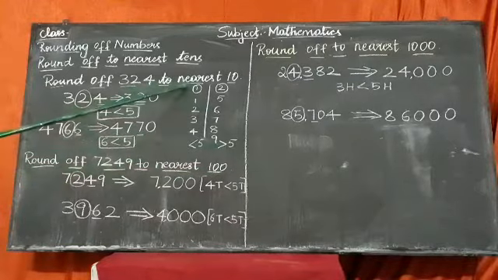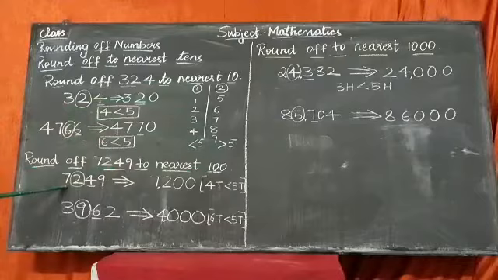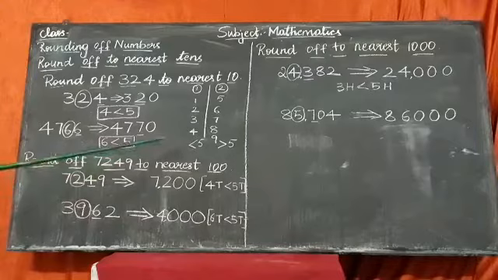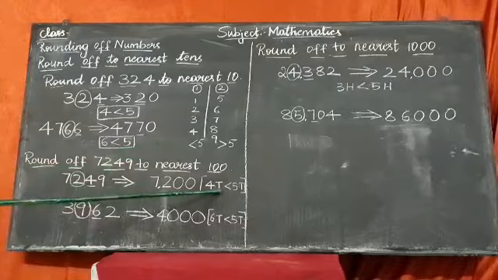Okay. Let us go to round off to the nearest hundreds place. We have done tens place. Now hundreds place. I am taking here a 4 digit number. Read the number here. It is 7,249. When we are rounding off to hundreds place, which place should we consider first? Yes, very good. It is tens place. See the tens place here. It is 4, lesser than 5. 4 tens is lesser than 5 tens.